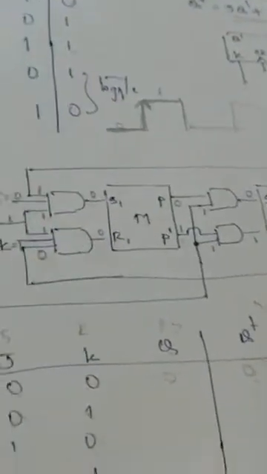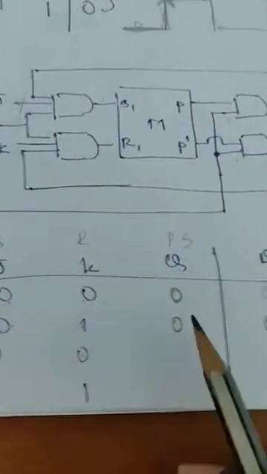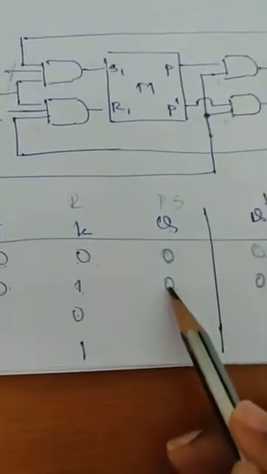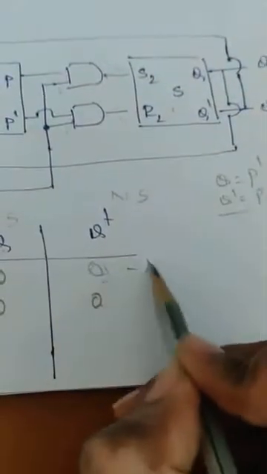Okay. So let me go with the third combination. What is the third combination? When J is equal to 1, K is equal to 0. I will look at this. So J is equal to 0, K is equal to 1. So present state is 0. This is a present state. This next state will become present state for the next transition. So next state will be 0 itself, reset state. So this is no change.